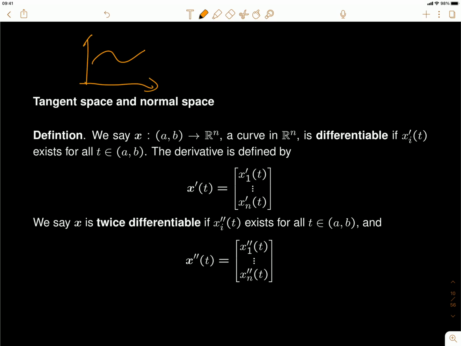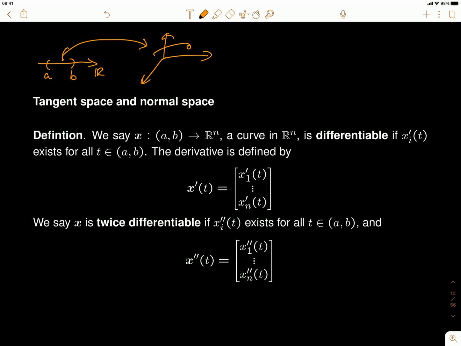For example, if it's 2D, then it will be a curve like this. In 3D, you can also imagine a curve. You could even have a curve like this in 2D or 3D or even in high-dimensional space. But what actually describes a curve is a mapping from the set of real numbers, where you have this A and B, and this interval is the domain for the mapping. It is mapped into, say for example in the 3D case, a curve like that, or maybe just a simple curve like this. So this AB will be mapped from here to here,